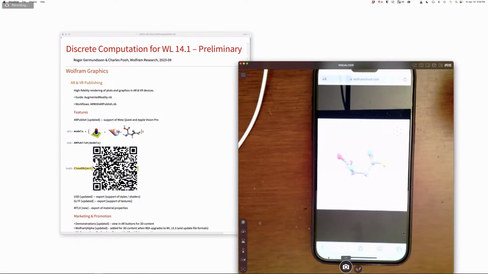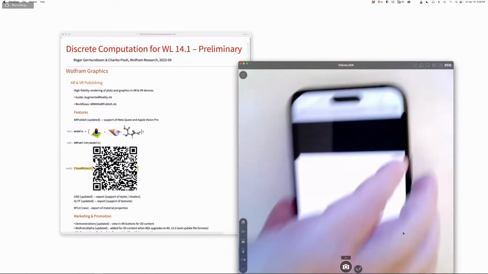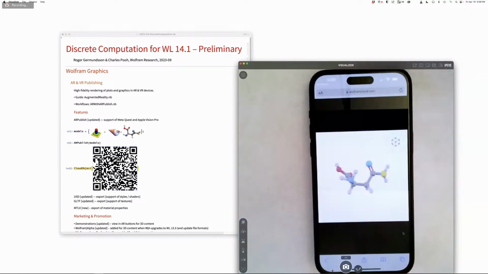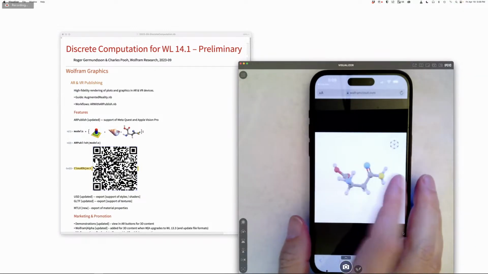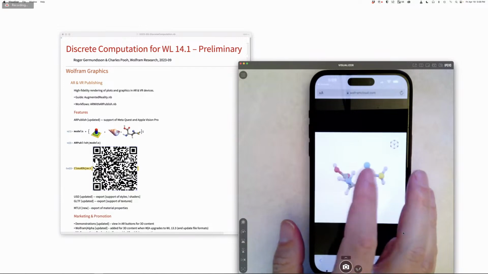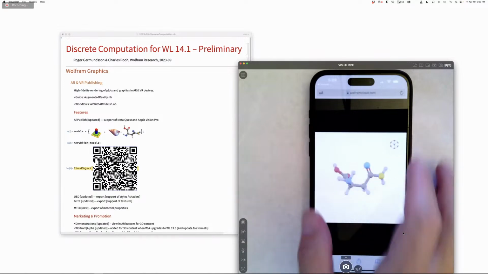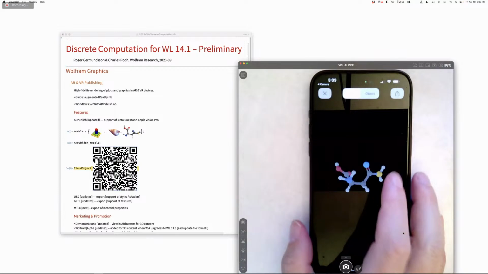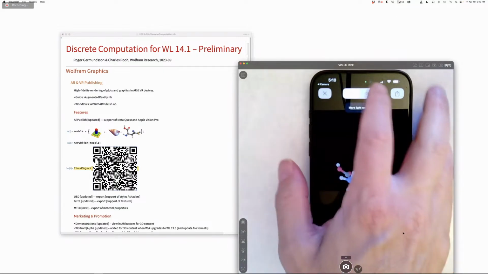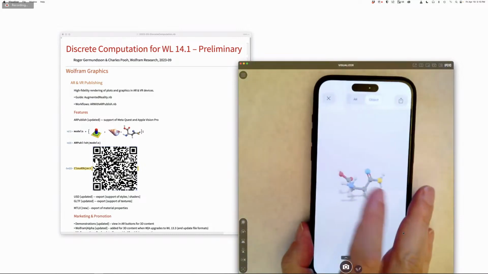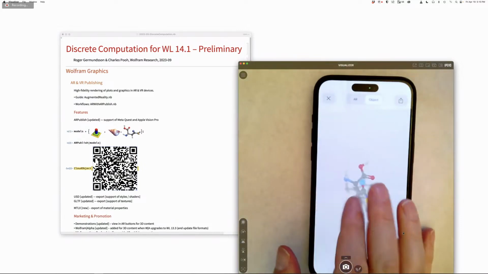It washed out. Let me see if I can make it less washed out. I think if I put a piece of paper behind it, it will not saturate as much. Is that right? Better. Okay. All right, so now I can see, now I'm in the mode, but it's not moving. What's happening? You have to press the cuboid. Right, cuboid. Okay. And now I go to object, I guess. And now finally,